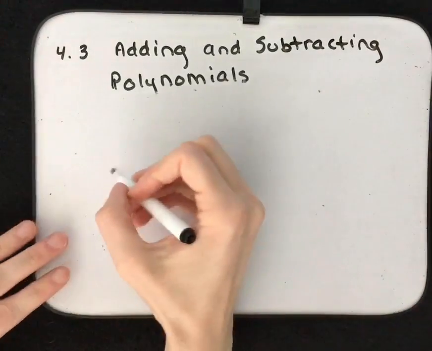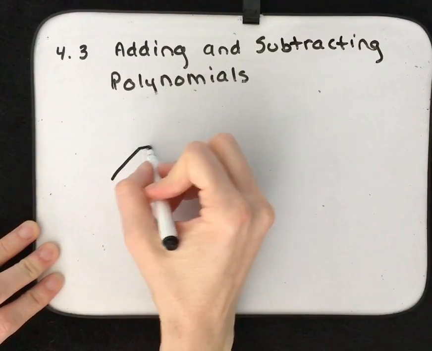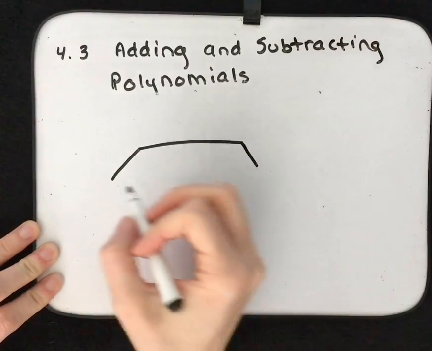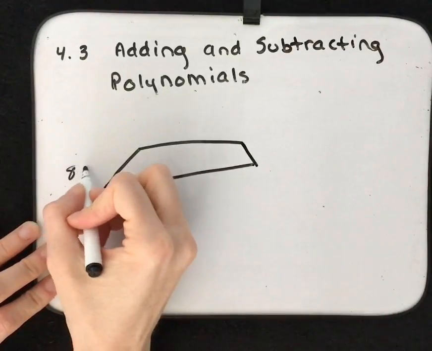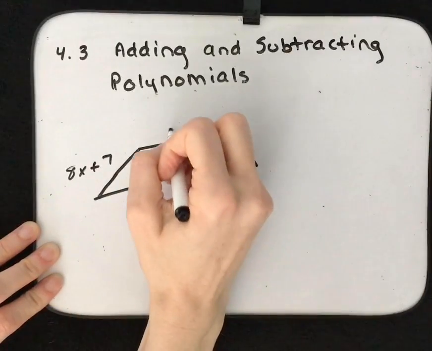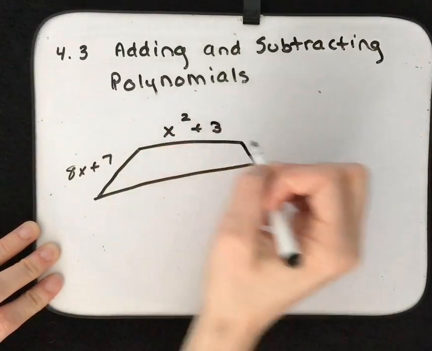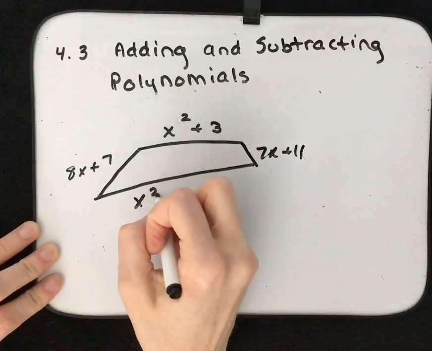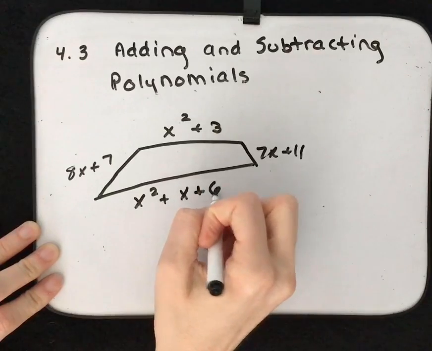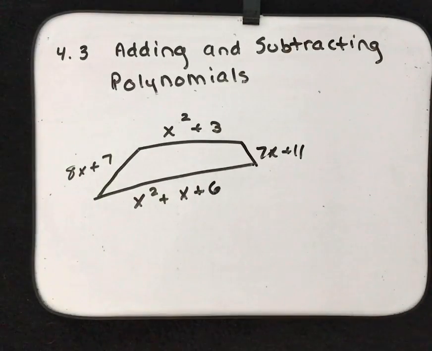This last one is a picture. So let's draw this on. There we go. Here we have 8x plus 7, x squared plus 3, 7x plus 11, x squared plus x plus 6. There's a lot of ways you can go about this one. When it's written out like this, you could write it out in a vertical format like we did before. What I like to do is work my way around the figure and then just cross them off as I